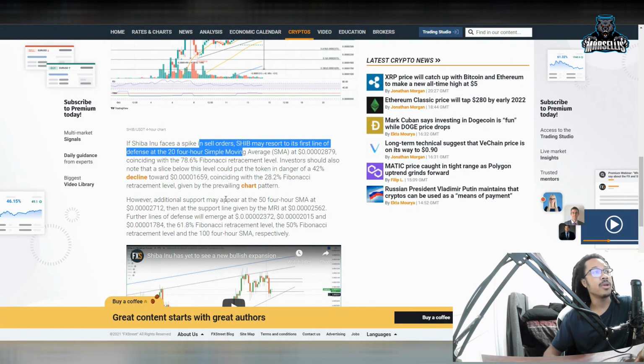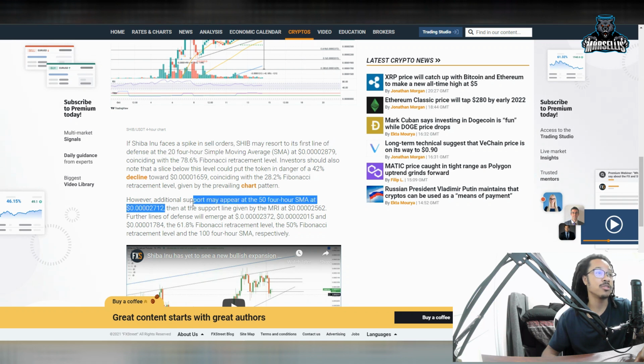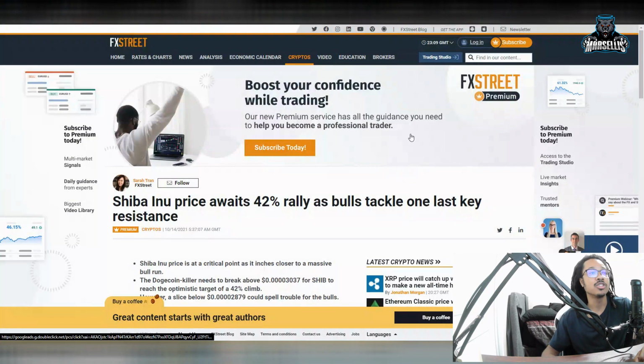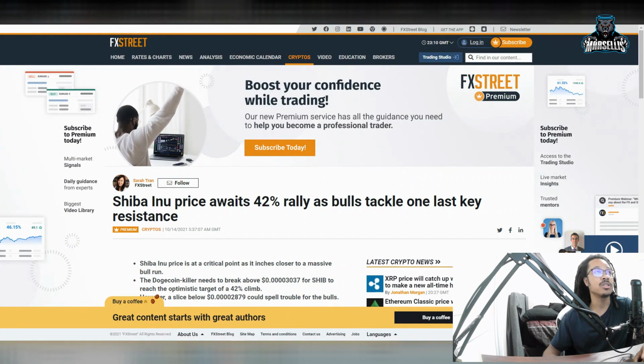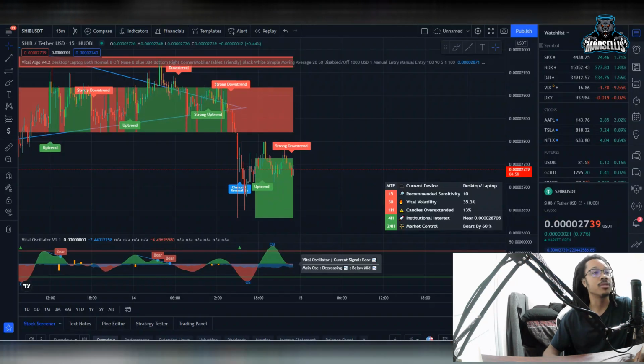But yeah, anyways, as you can see over here, the Shib area is at 28.79, but now it's below that. And we could decline to 16.59. They're saying if we continue to have selling. But first, that'll be met by the 27.12 support, and then eventually 25.62 support, and then 23.72, eventually down to the 20.15 and the 17.84 support areas. So that could happen if Shiba Inu continues to drop right now,